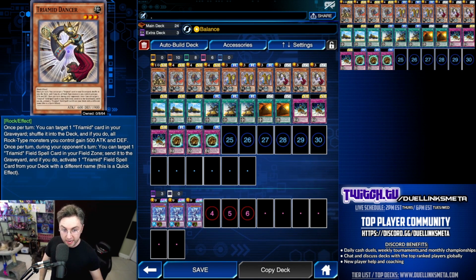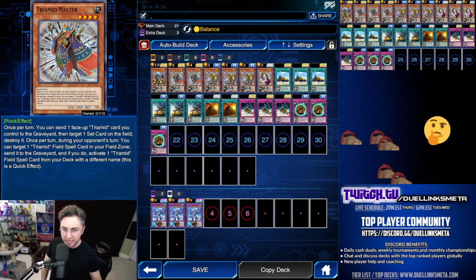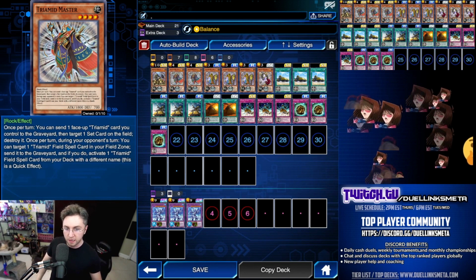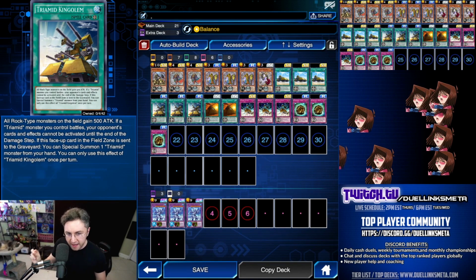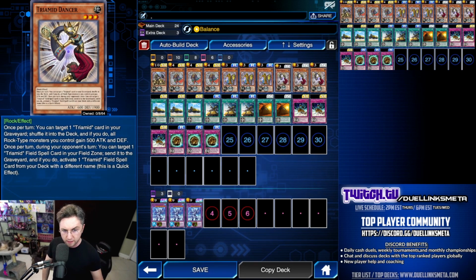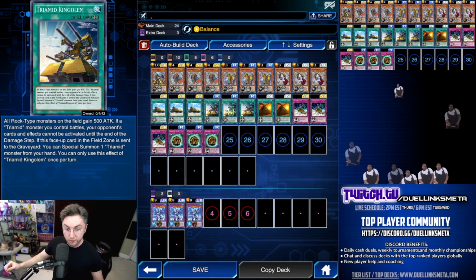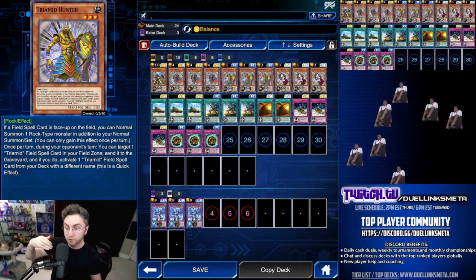You could drop your Dancers down to 2 or 1. You could even drop your Master down to 2, and you will still be guaranteed to open up a monster and spell. But I have it set up to not guarantee a trap in the opening hand with balance, and that is because I want to consistently open up multiple monsters or multiple spells, which is greatly increased. It's about a 60% chance each to open up double spell or double monster, which is increased much more if